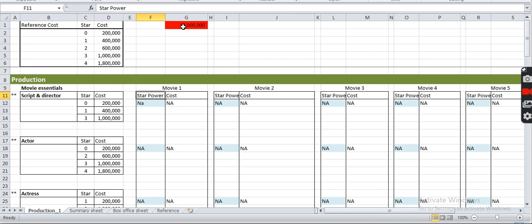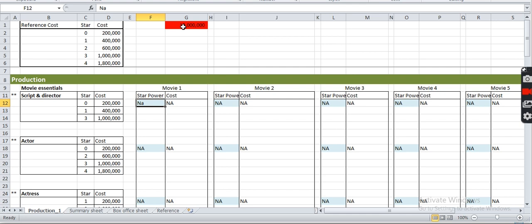During your production phase, as an organization, you can build as many movies as you like within your money constraint. For every movie that you make, we have provided a template for you. So this is for movie 1, this is for movie 2, movie 3, and so on and so forth. Every movie you make, you have to use this template. Remember one important point: please edit only the cells that are marked with blue color. Do not edit any other cell as they are linked to a formula. The cells with blue are only for you to edit.